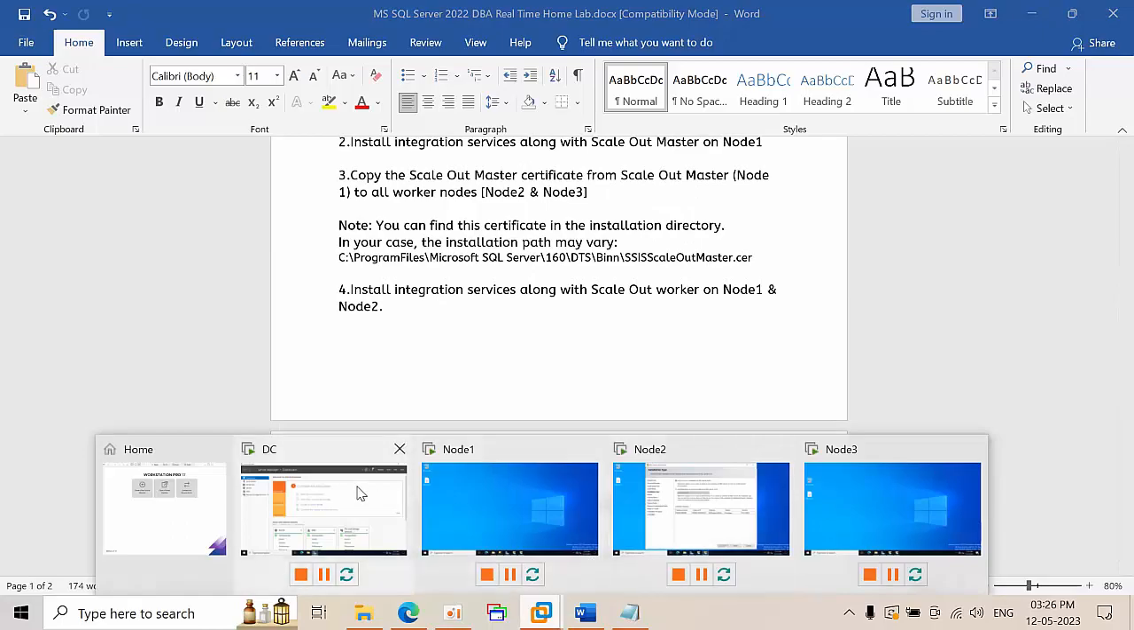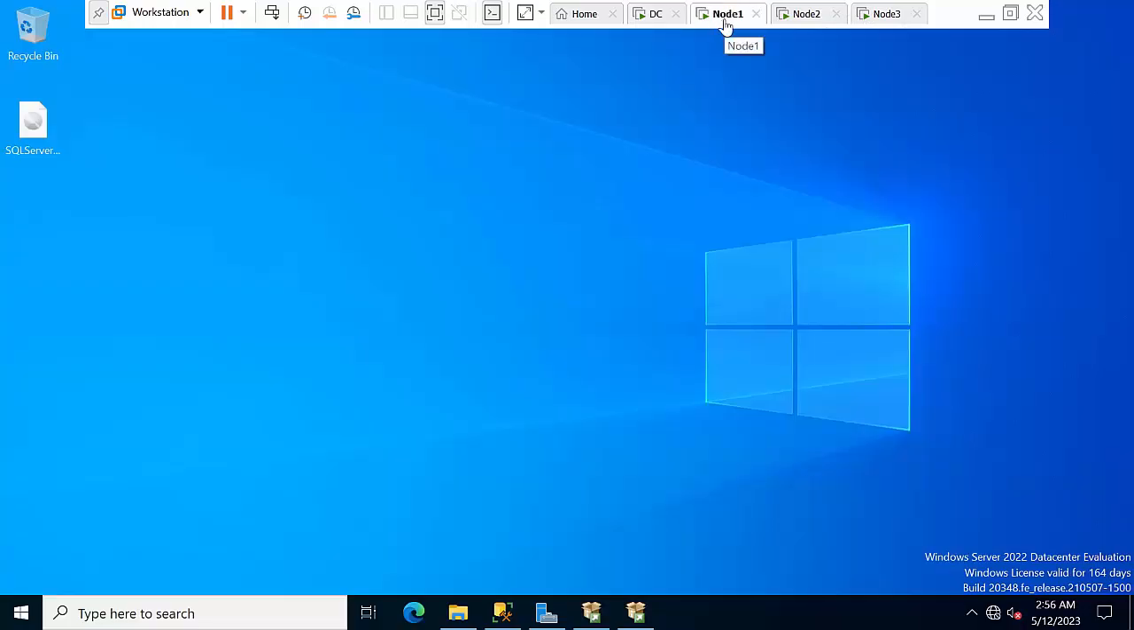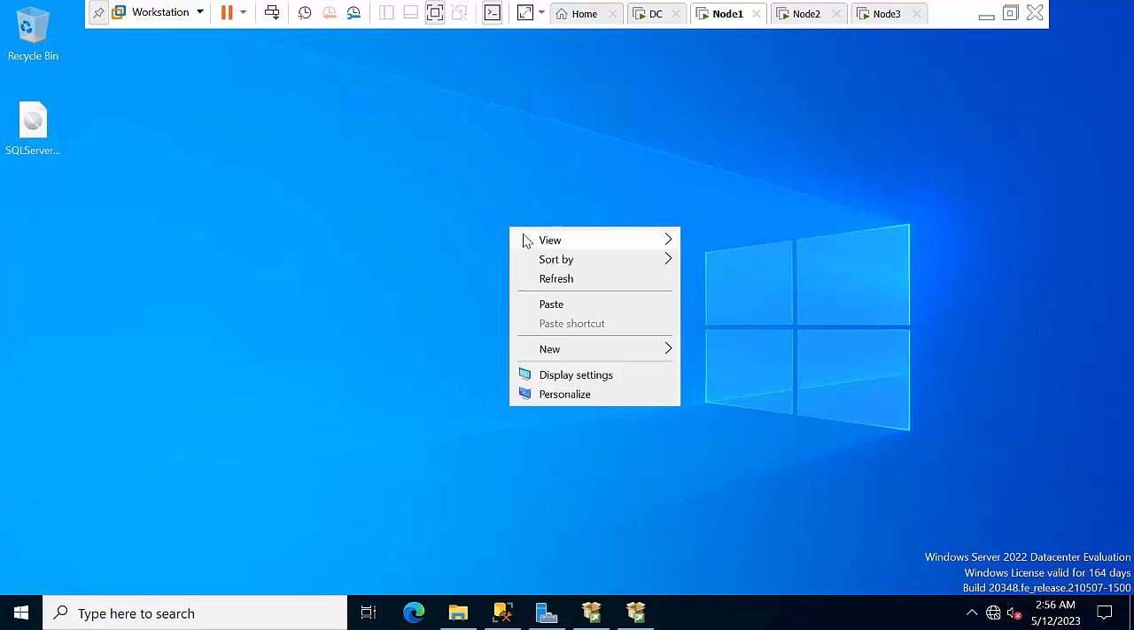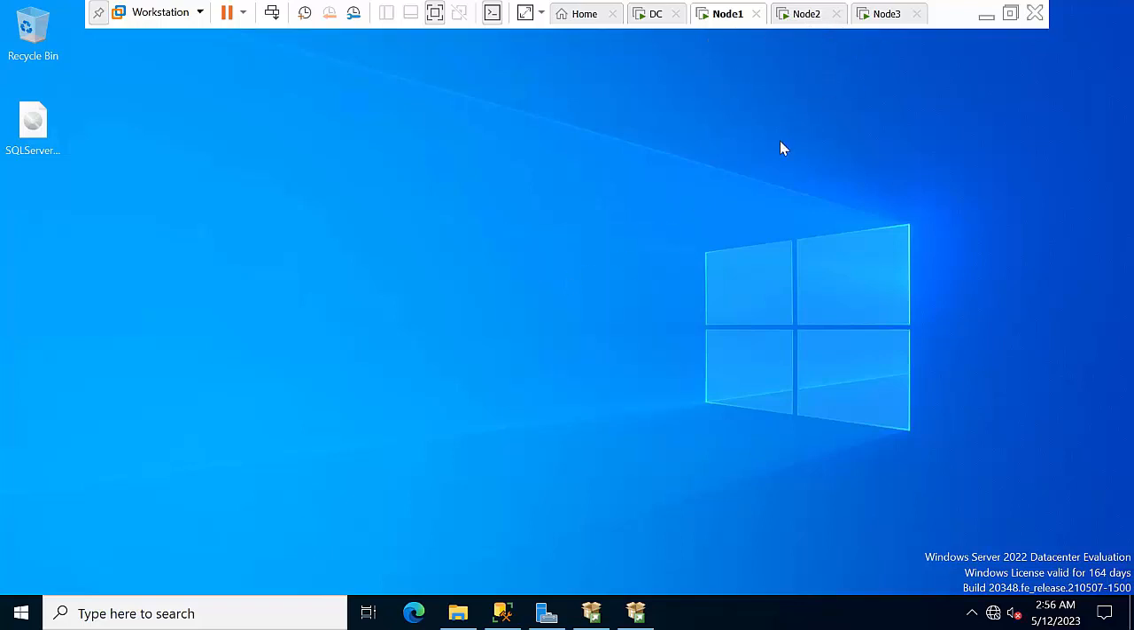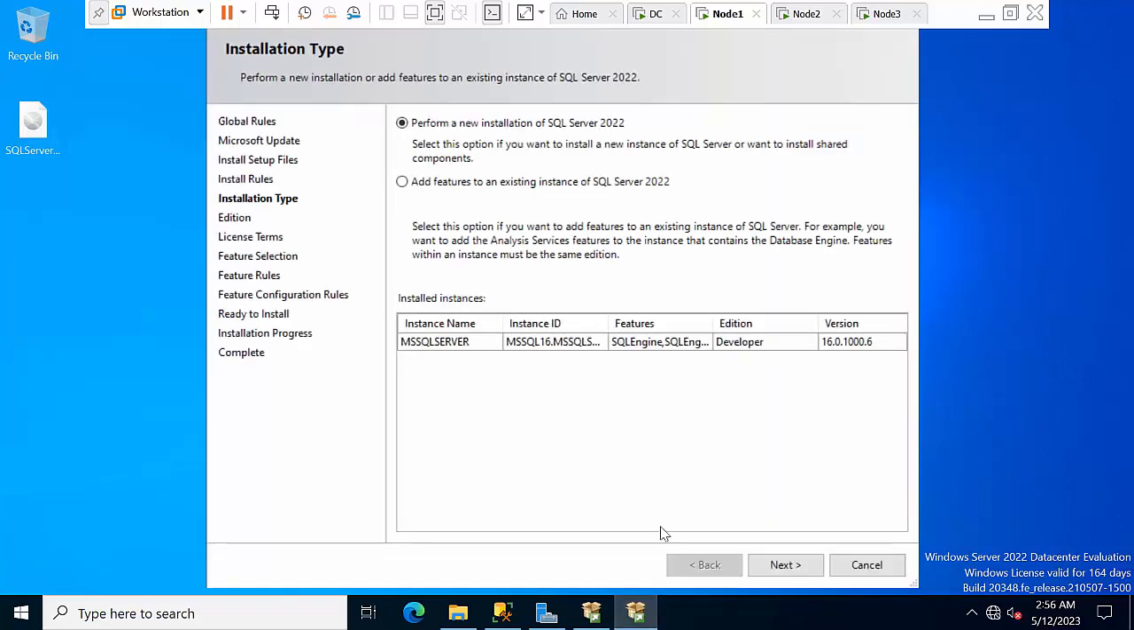Here I'm having four machines: Active Directory, Node 1, Node 2 and Node 3. Consider Node 1 as the master, and Node 2 and Node 3 as worker nodes. In all three machines, SQL Server is installed. So open your installation medium. Since SQL Server is already installed,